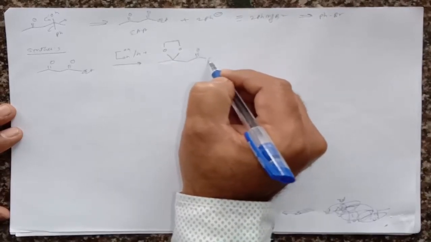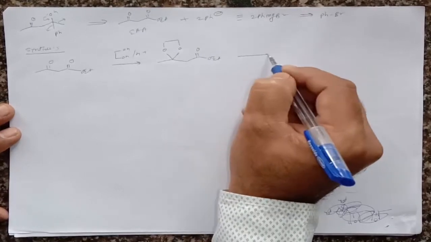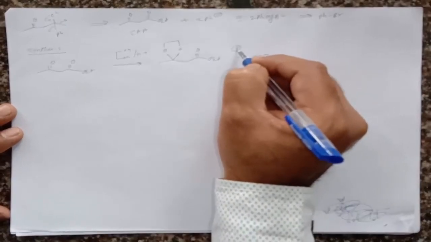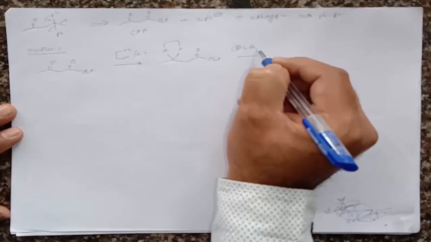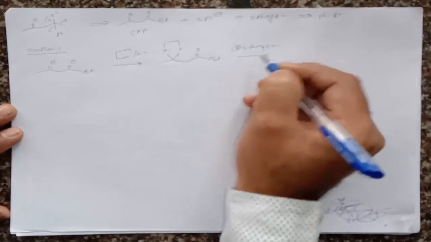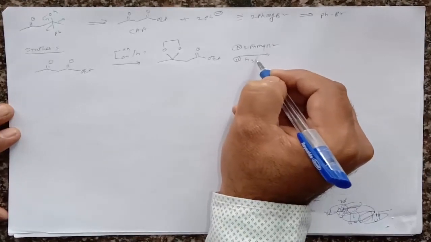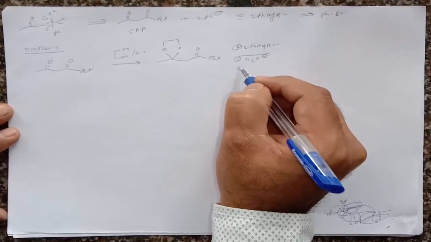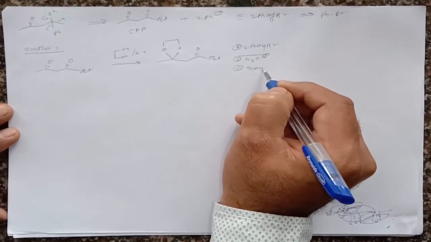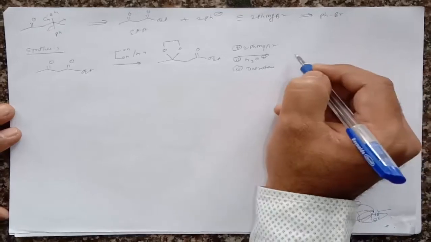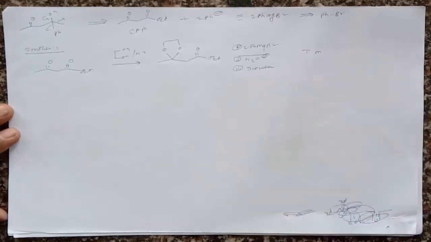and then we can do the reaction at the ester function group by using 2 molecules of phenyl magnesium bromide, then in presence of H3O plus, and the second step is deprotection. Deprotection gives the target molecule, right? It gives the target molecule. So again, this is a very simple method to prepare such a target molecule which contains 2 function groups.